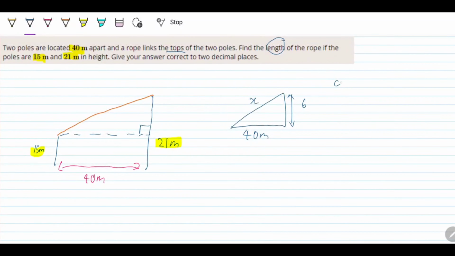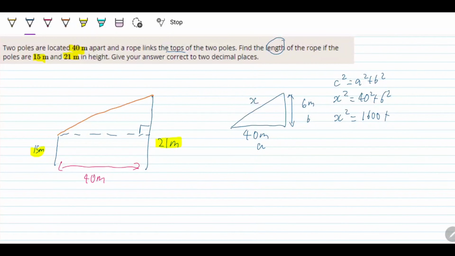So once again, it's going to be C squared equals A squared plus B squared to work out X. So let's label that as A, and we'll label that as B. So A squared is going to be 40 squared plus B squared, which is 6 squared. Okay, so X squared equals